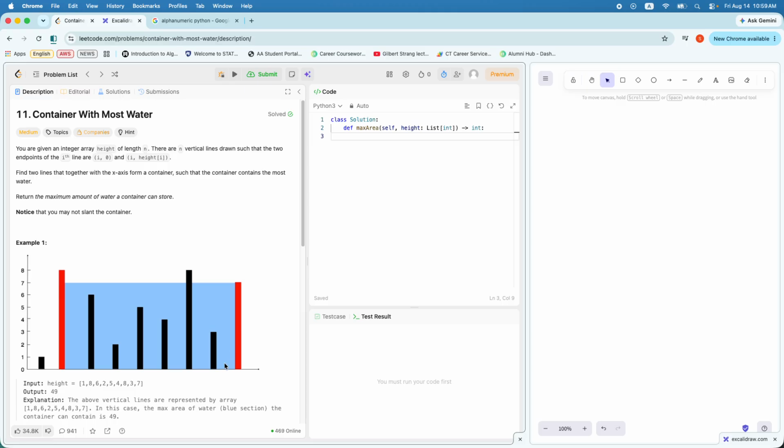That means you need to find two lines and calculate the area between those two lines and find the maximum one. For example, if you take this line and this line, it takes all this part. It's a lot. But if you take this line and this line, it could be more than this. Or if you take this line and this line, see these two. Now if you add this water, who knows, maybe it is the greatest